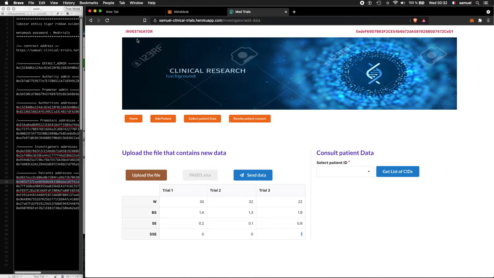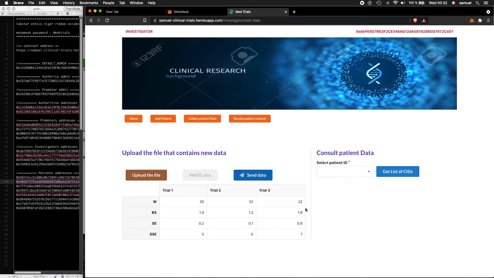This means that for the next trial, this investigator will no longer be able to register new data to this protocol or to collect patient data.